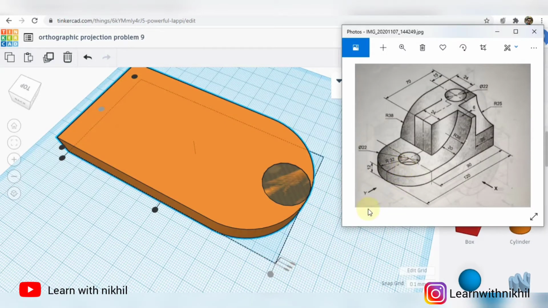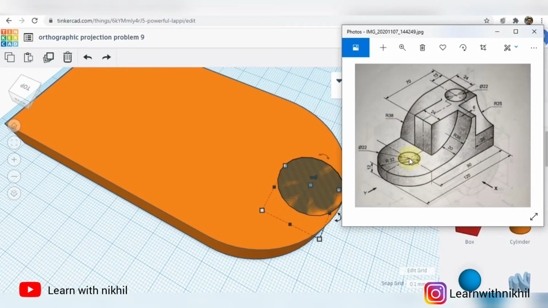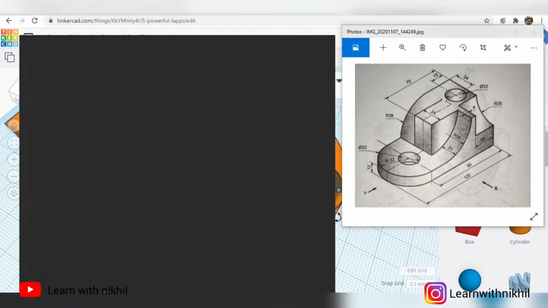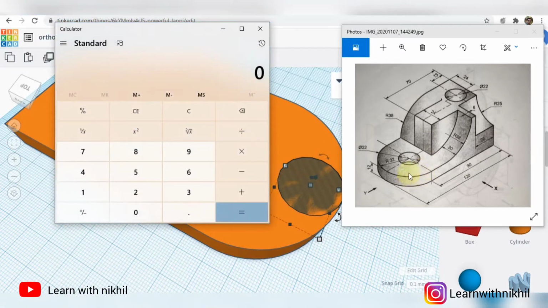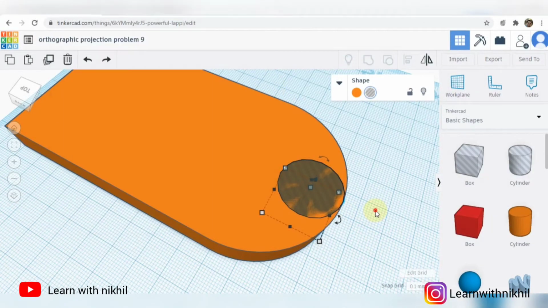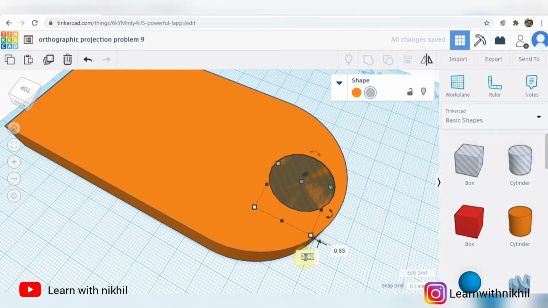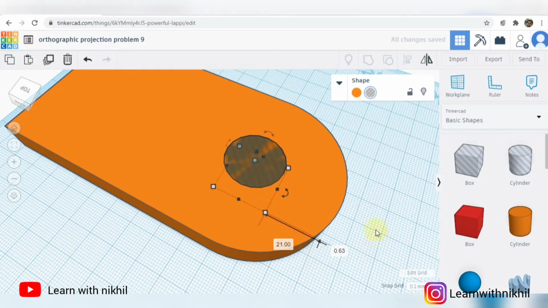Now the radius is 32. So how much we have to move it behind, we have to calculate, as it moves behind with the circumference. So the radius of the outer semicircle is 32 minus the radius of the inner circle. Diameter given is 22, so radius is 11. So the minus is 21. So we'll move this backward with a distance of 21.